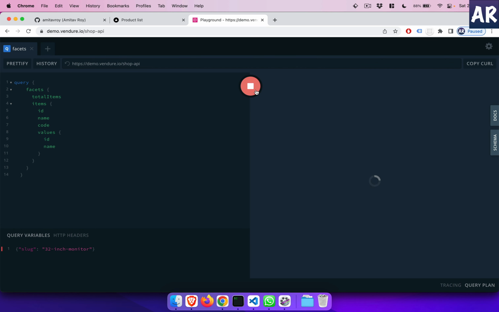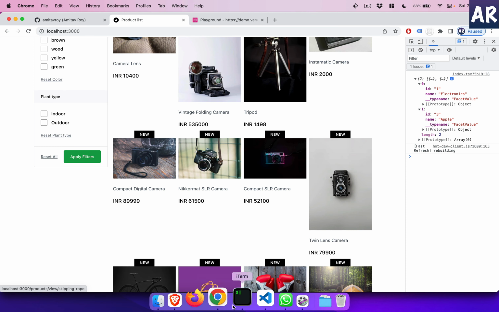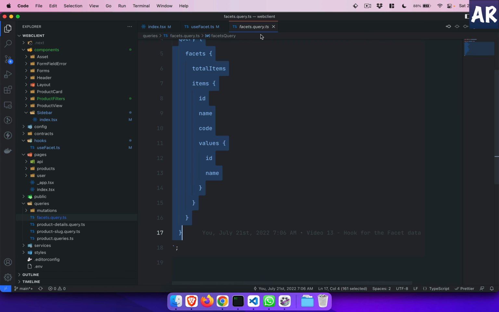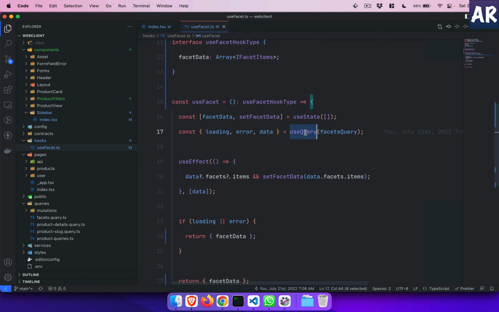If I run this query, you can see everything which is available as facets is available. So at the main category level, we have category and then its values. Then we have brand and its values, color and its values, so on and so forth, right? So with that information as a GraphQL query, what I was able to do is run that query,